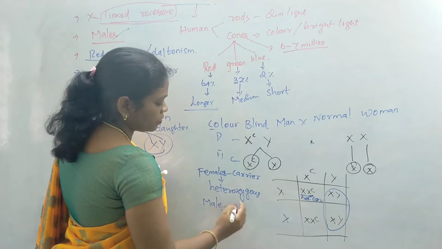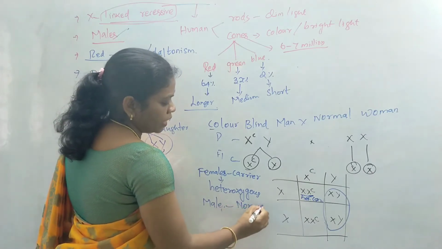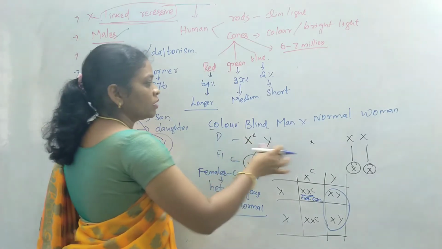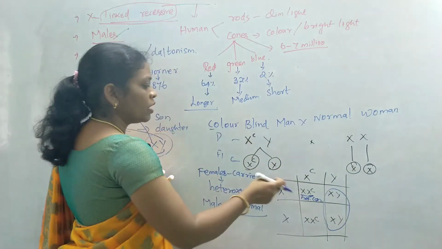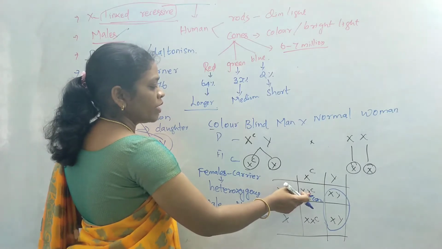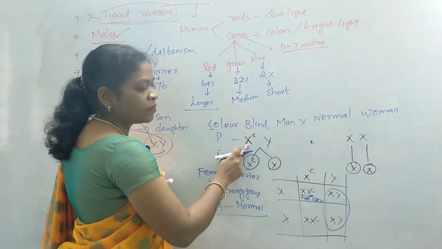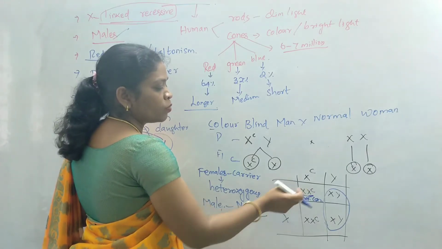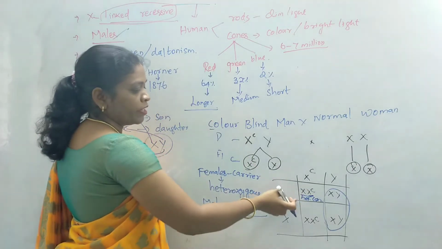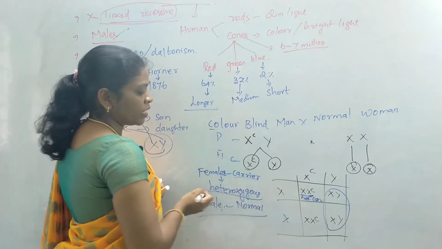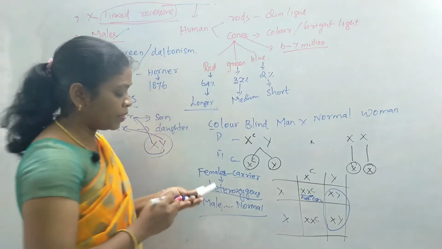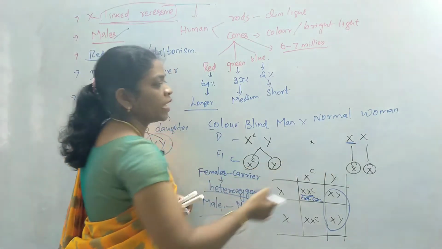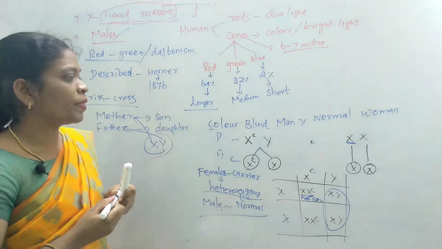The male is normal. This happens when the colorblind father marries a normal woman, where the female will receive one of the X chromosomes from the father, so she will receive the affected gene. The other X chromosome will not allow this X chromosome to express the disease, so the female will become the carrier, or heterozygous for this disease. The male will be normal because he will receive one of the X chromosomes from the mother, because the mother is carrying the normal X chromosome.